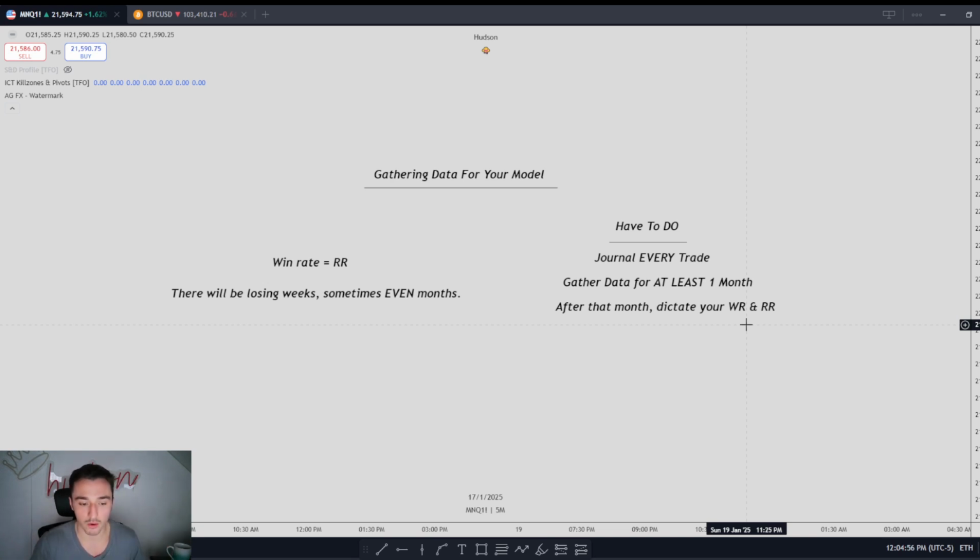It's this simple. So if you're struggling with understanding if your model is successful, please just create your model and then gather the data for a month. That will tell you if your model is successful or not, right? So this is all you have to do. Make sure that you journal and you type a little paragraph on what you did right, what you did wrong inside of the trade that you took, so you can then learn later on if that trade comes around again, right? Not every trade is going to look the exact same, and that's fine, right?